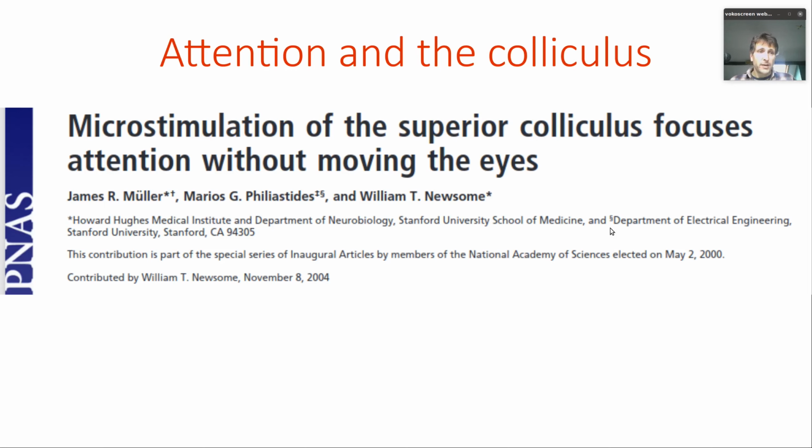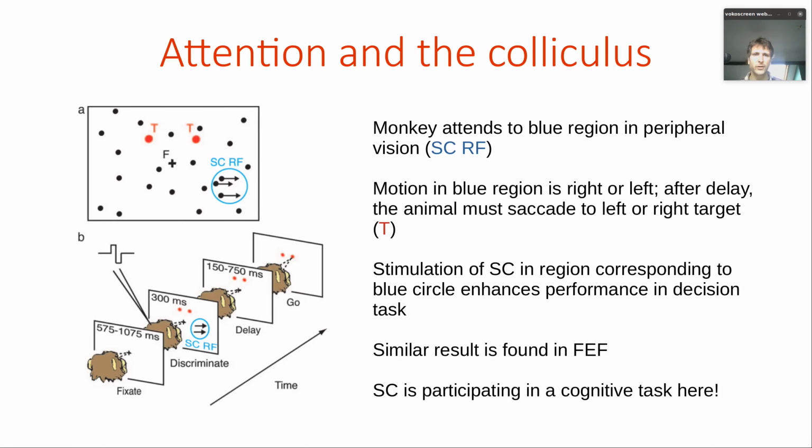The Basso lab, or Michele Basso, has also written papers about attention and the colliculus and decision making. This is not one of hers. This is a paper by James Muller, Mario Philistides, and it comes from William Newsom's group. They looked at microstimulating the colliculus, so not enough to move the eyes, but enough to improve attention in a particular task. So they showed that the colliculus participates in attention, and let's have a quick look at the